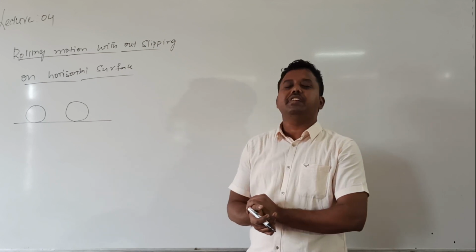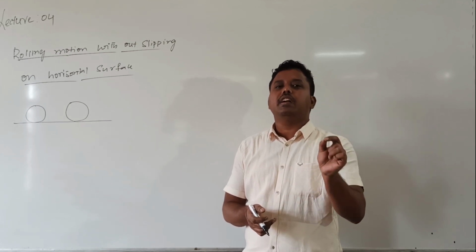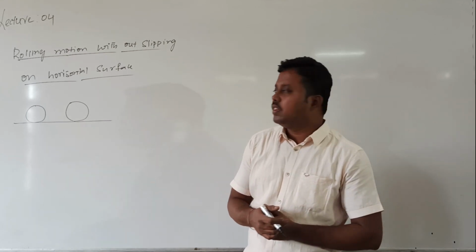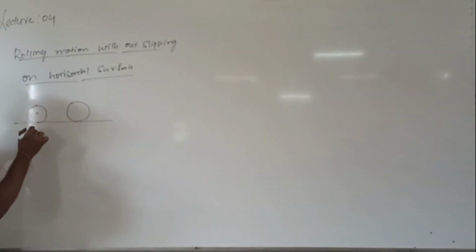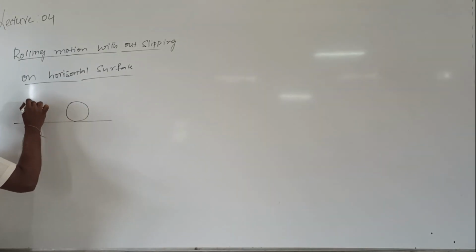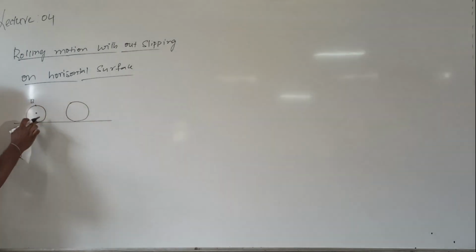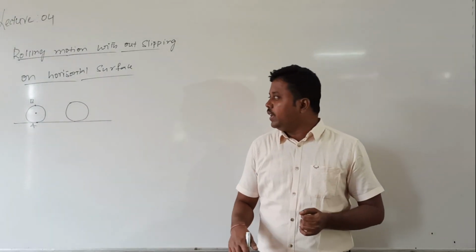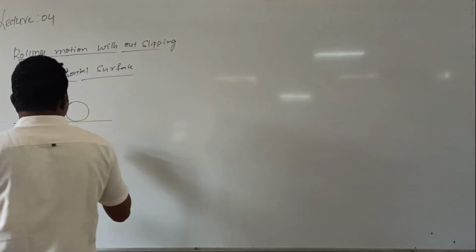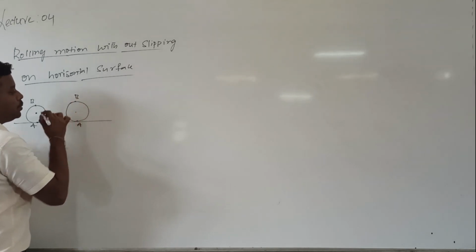Generally we have studied the concept of center of mass. So whenever a body is executing rolling motion, the center of mass will describe the actual translation characteristics of the rigid body. So let us suppose this is the center of mass. With uniform mass distribution, the center of mass coincides with the geometric center. Let me consider 2 points, one is A and the other is B. A is the lowest point, the point of contact of the body with the ground, whereas B is the highest point, and the middle point is the center of mass.